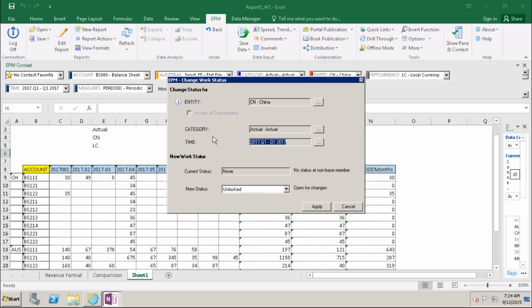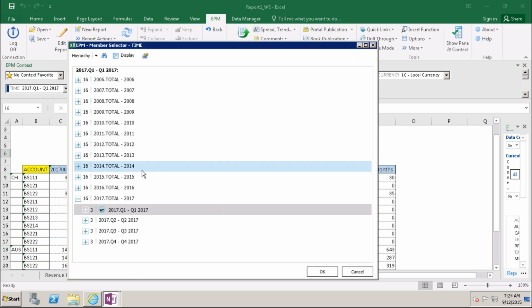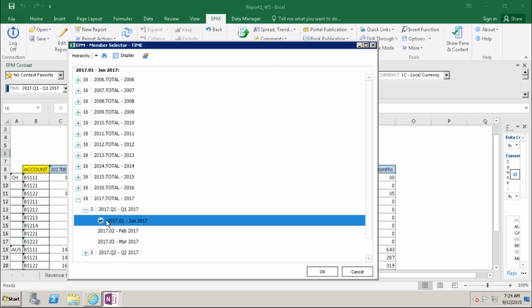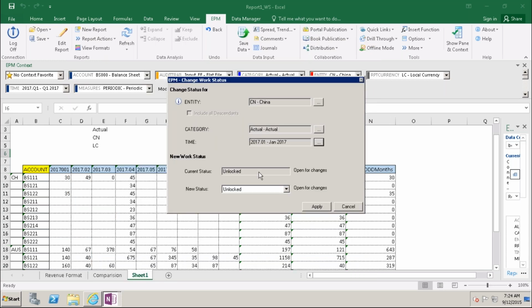Why? Because this user will have it at base levels. So now I'm going to change to this. The status was changed from none to unlocked. That means unlocked means the users can make any changes.